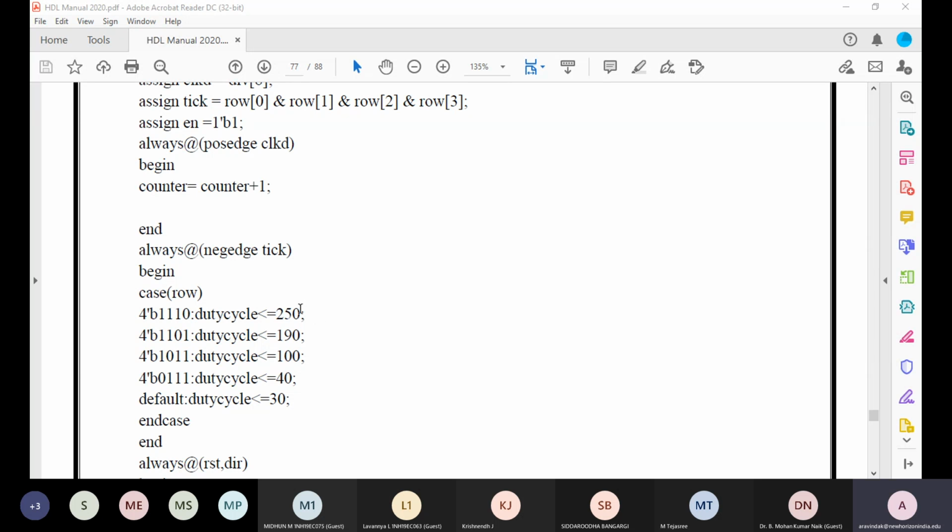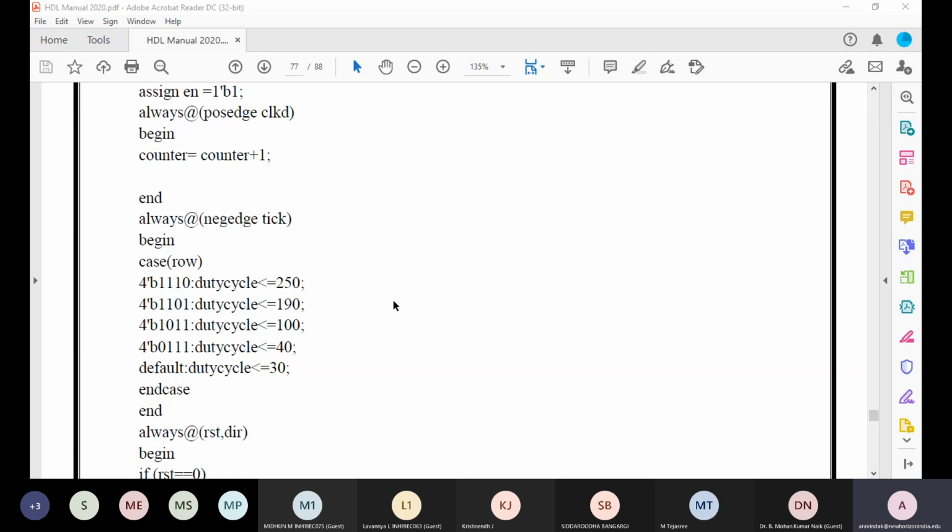Now you may ask, why did we write it as duty cycle? We can write it as PWM also, right? Yes, we can write it in any way. There are multiple styles of writing a code, multiple styles of programs. This is one style. So you can change the variable names to your own interest, and you can utilize a different technique also. Instead of this duty cycle, you can mention pulse width modulation PWM only. It doesn't matter actually, but the logic remains the same. So this is for selecting the speed.